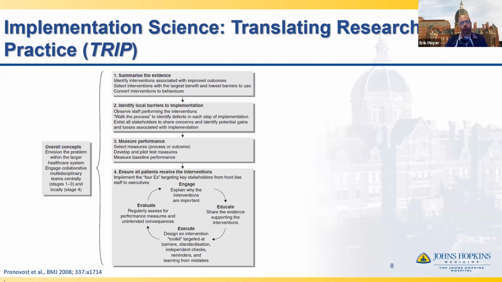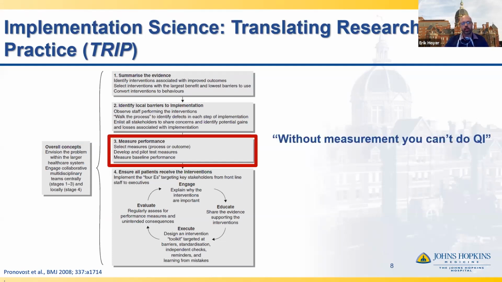For this talk, I'm not going to really be going into the full TRIP model, but what I did want to focus on is the measurement component, and why that's particularly important for quality improvement. There's a well-known saying in quality improvement that without measurement, you can't do QI. And part of the reason, also, if we're thinking about patient function, is that